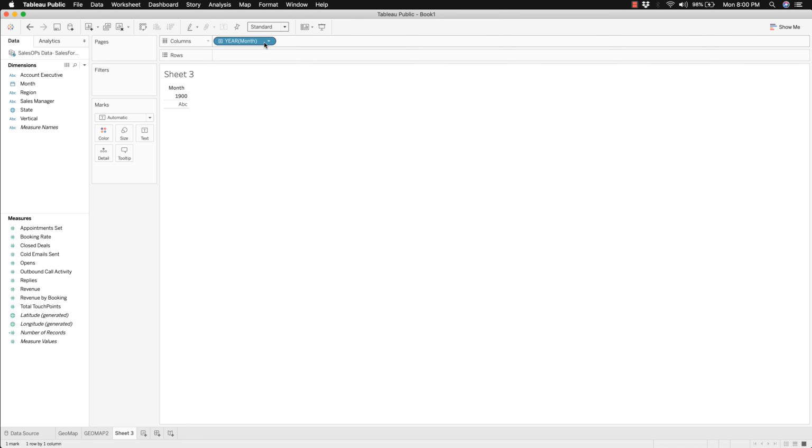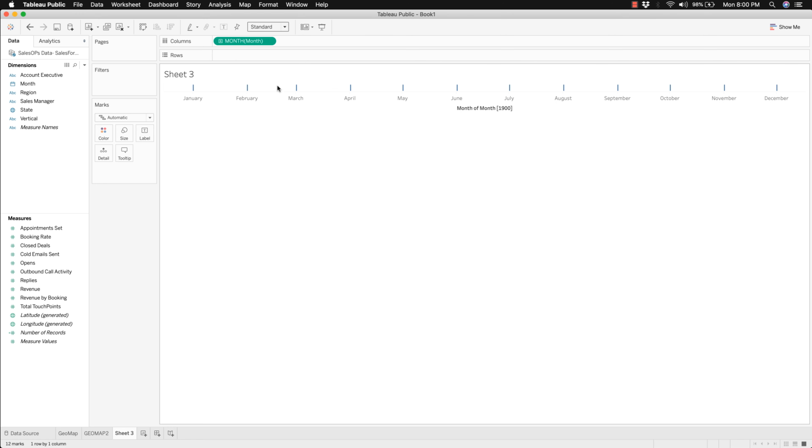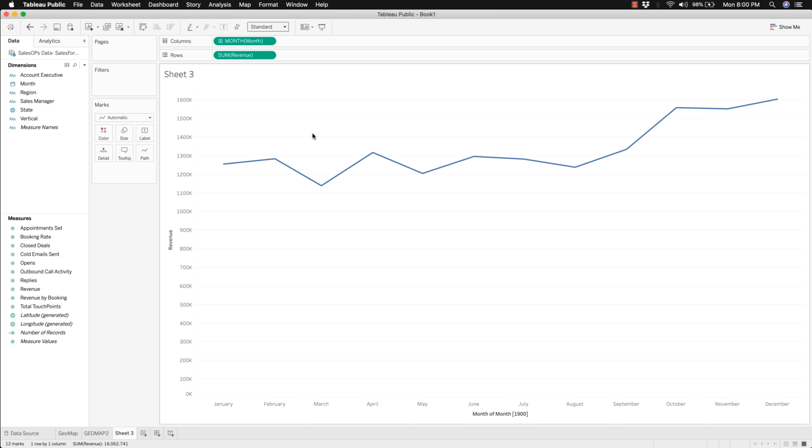Tableau's rolling our month field up to the highest level of aggregation, which is year. I'm going to disaggregate it into the month view. So now we have hash marks across all 12 months of this time series. There is no year specified in this time series, so Tableau is defaulting to 1900 as the value, which can be cleaned up with formatting, but we're not worried about that at the moment. Let's keep this simple. Let's double click on revenue,